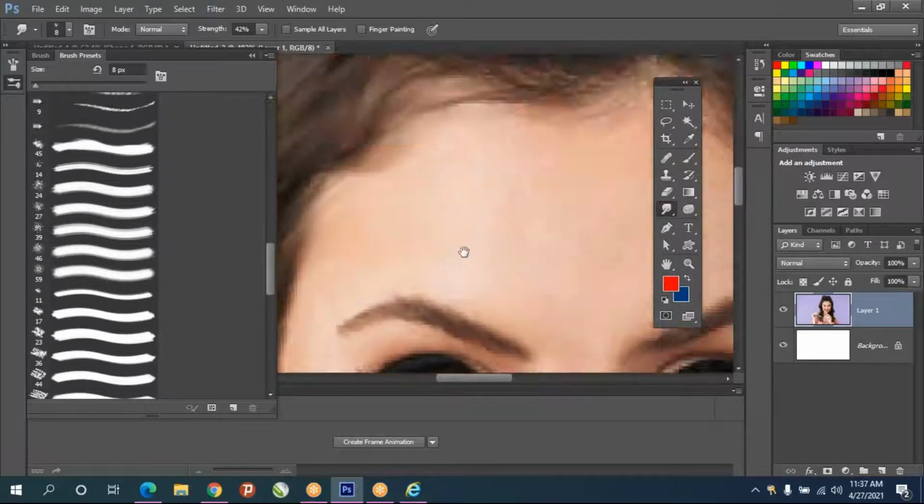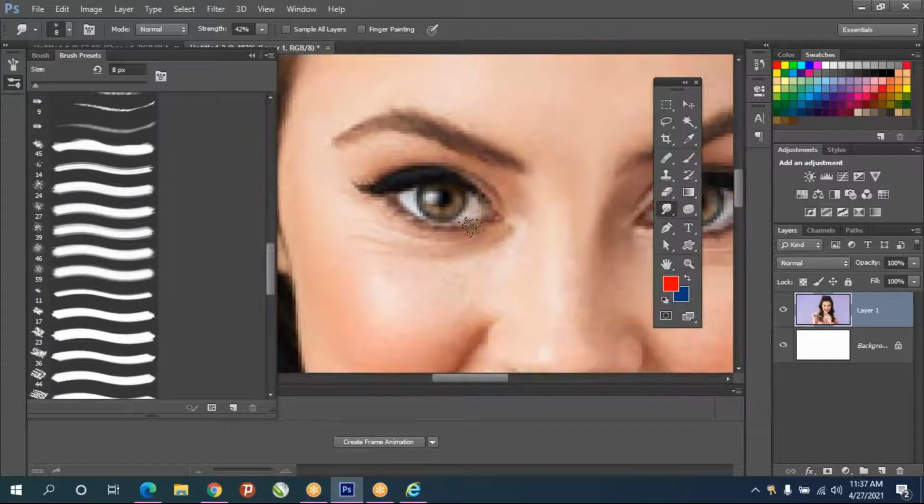And when you're doing near the eye part, don't touch inside the eye, because if you touch inside the eye, the detail will go off.